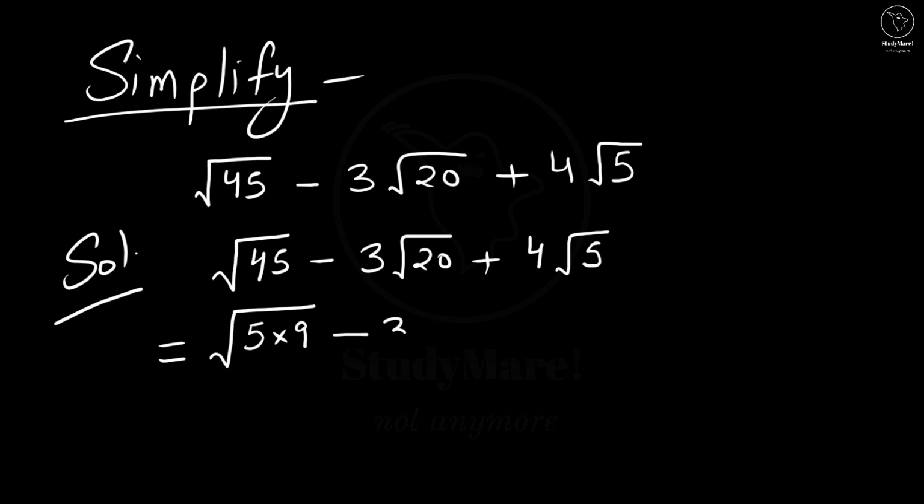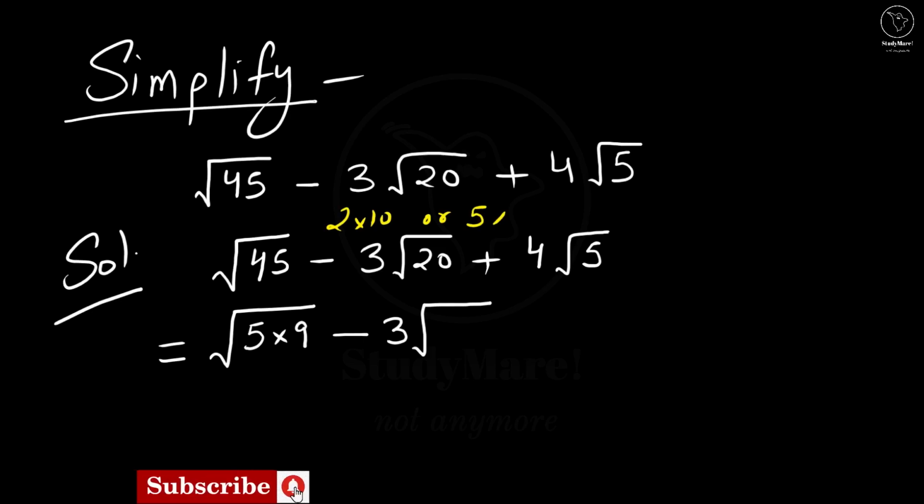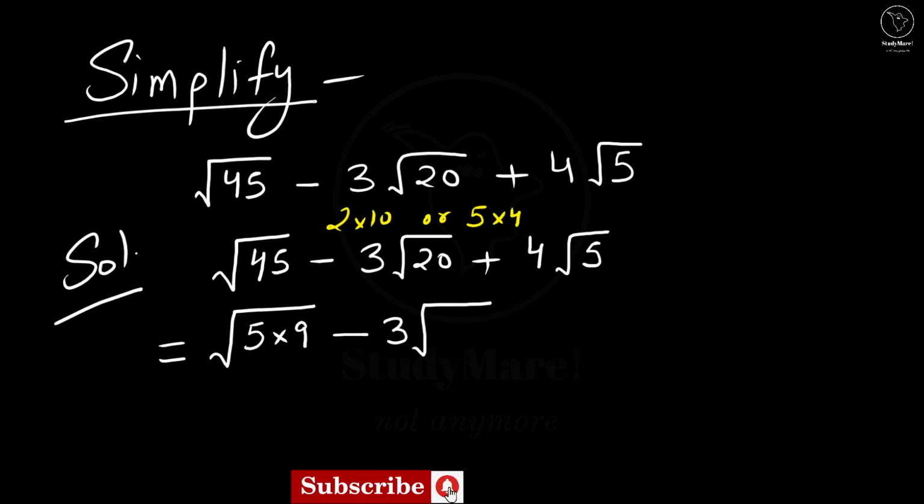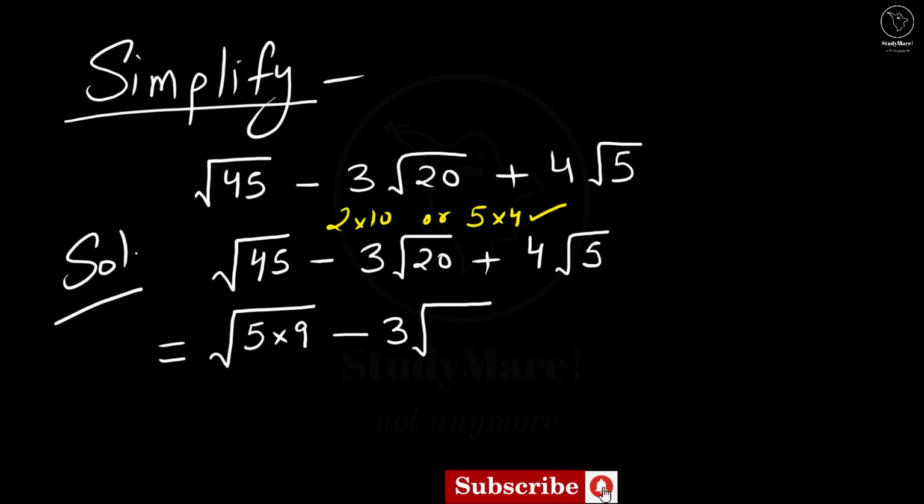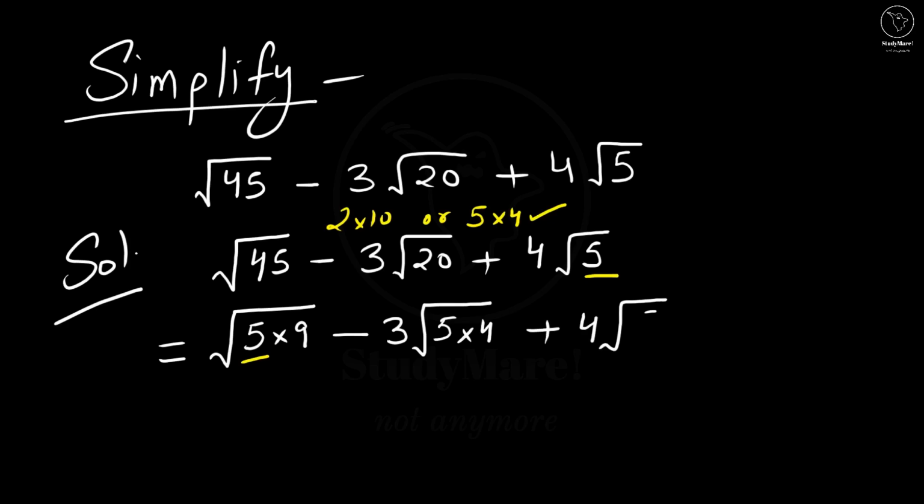Next we have 3 into root of 20. So now 20 can be written as 2 into 10 or 5 into 4. We pick up 5 into 4 because you see we have 5 over here as well as here. So it is going to help us take the common out of the given expression. So in place of 20 we write 5 into 4 plus 4 into root of 5,